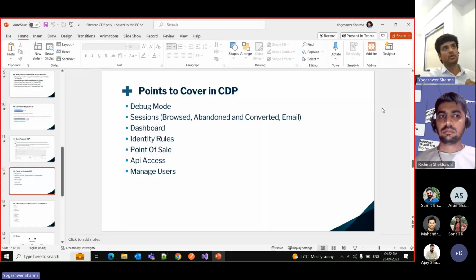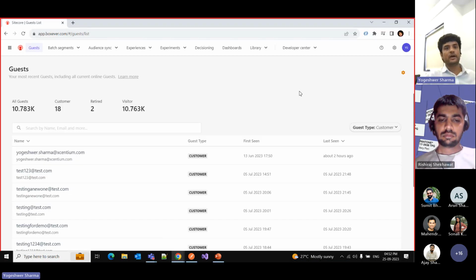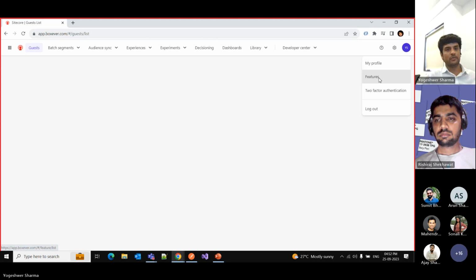To turn on debug mode on your CDP, you just need to go with the feature flag. I'll show you where you can get that feature flag and how you can turn it on. To enable the feature flag, you just need to go to your CDP account, and after login, you will see the features there. When you click on the features,